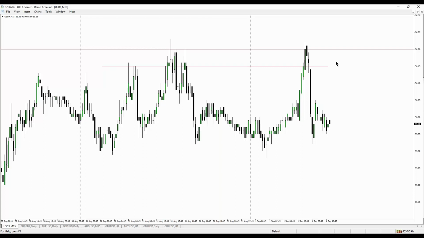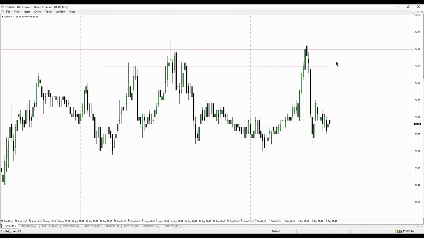I can't show them here, but they will be in there, and I'll give you a reminder of what I was describing as an outline for London. We were looking for the cable to move up into a previous high, run that previous high, and potentially have a setup in London. We would want to see that sell-off and then have a setup going into New York based on the price action we would anticipate in London. So we're looking for a potential sell setup for British pound USD, which would indicate further bullishness for the dollar index.